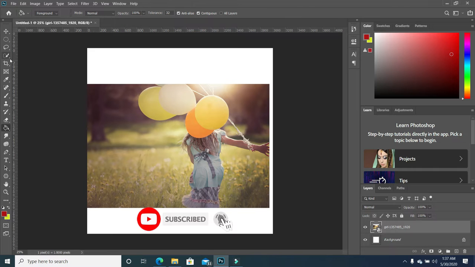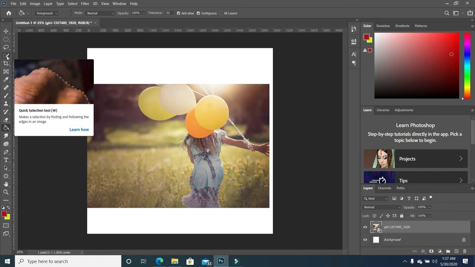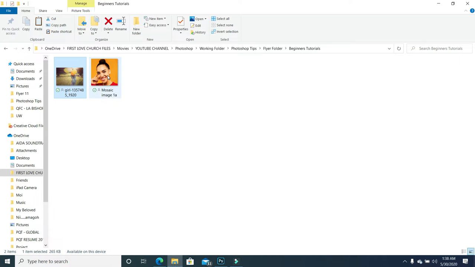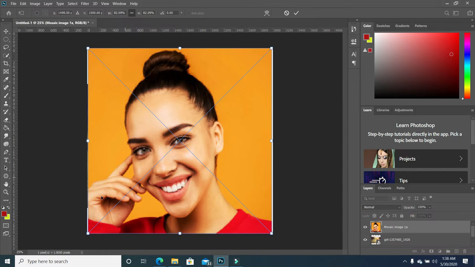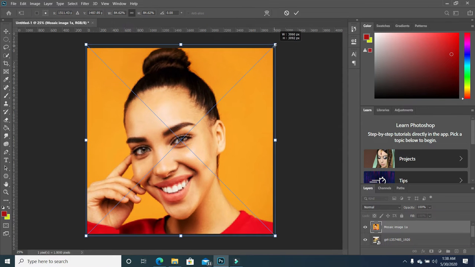So with that said, that brings us to the next tool, which is the quick selection tool. Now, the quick selection tool allows you to make a selection around a subject, or let's say an object. We'll demonstrate by bringing in another image. I'm going to drag this image into our working file, and then I'm going to scale it by holding one end and pulling it, and then holding the other end and pulling it